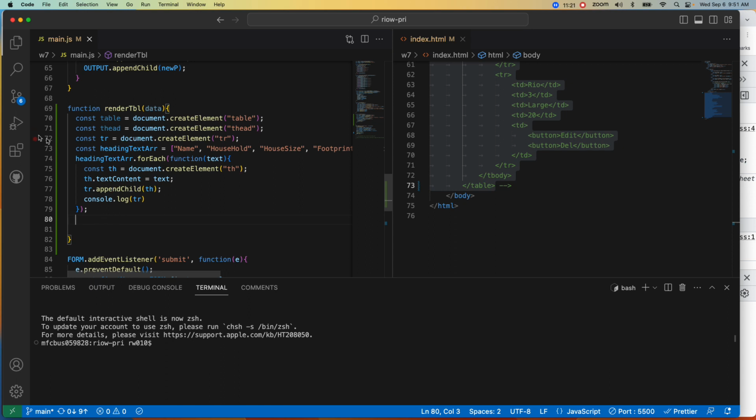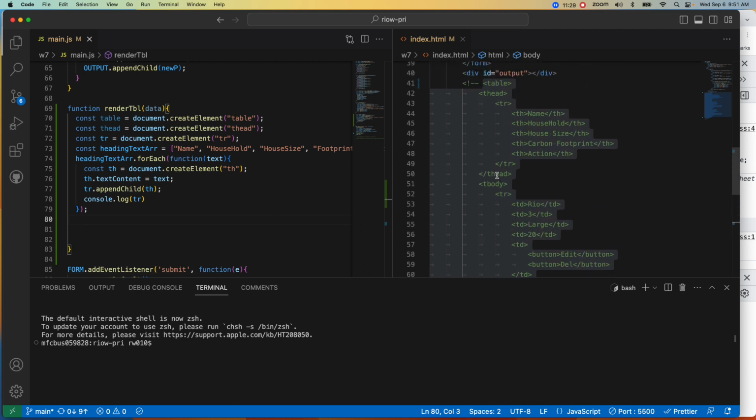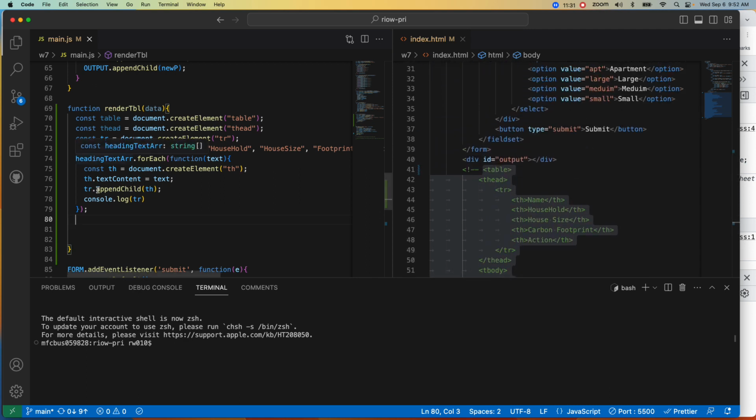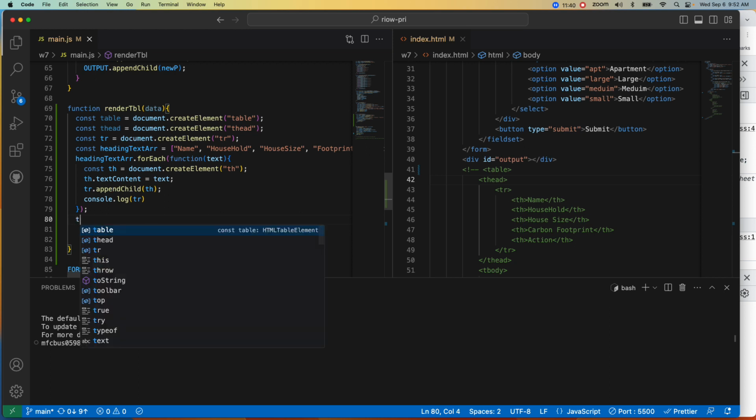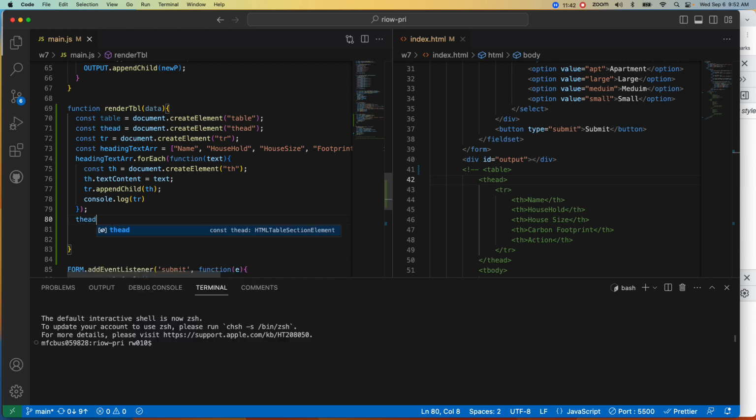Okay, so now that we're through that iteration stack right there, now we're going to think about how do we add it, right? What do we add it to? We want to add that structure, that TR, now back to the thread, the T head. So now we reference T head, because now that we're through the loop, dot